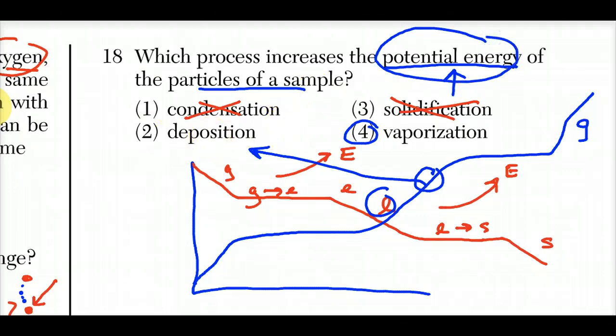Now deposition, okay, that's a phase change where you go from a gas directly into a solid. And there's no liquid phase. So a gas directly to a solid. And if you notice, high energy to low energy, well, potential energy has to drop because you're losing energy. The only one that showed a climb of energy, that needed energy, that was endothermic, that took energy from the environment, gained energy, would have its potential increase because you're taking in energy, is vaporization, choice 4. Number 18 is